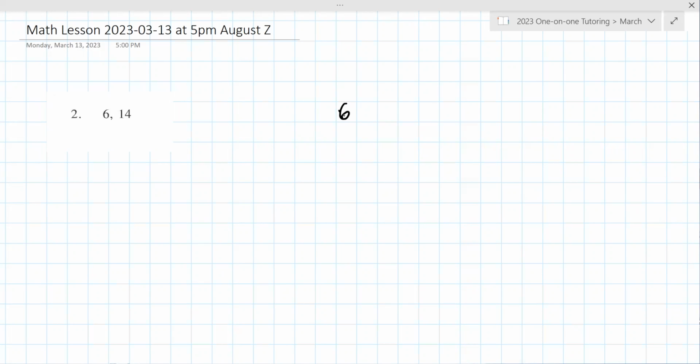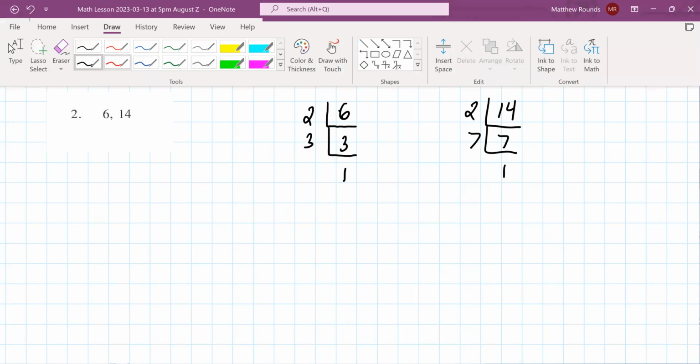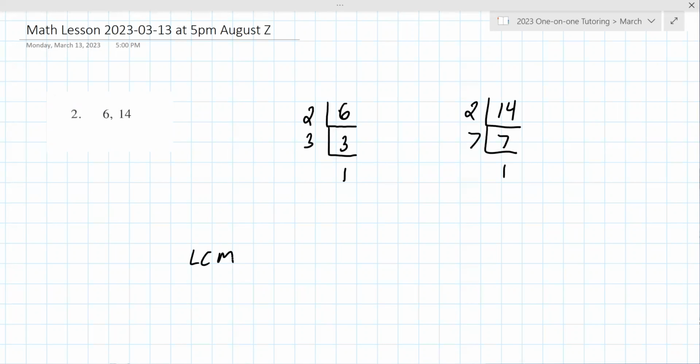Okay, so start with 6, and you're building a factor ladder. You start with 2. 2 goes into 6 3 times, and then 3, and then 1. You do the same thing for the other number, 14, always starting with 2. Then you can choose either one to start with. I'm going to start with the 6, but whatever the 6 is, you need those numbers, the 2 and the